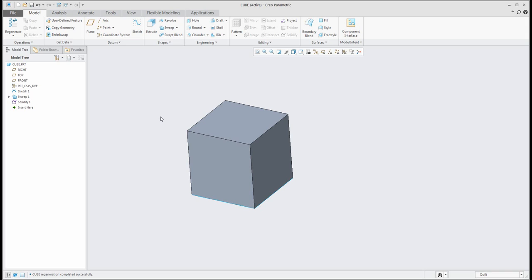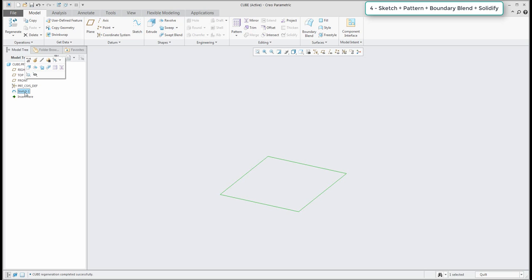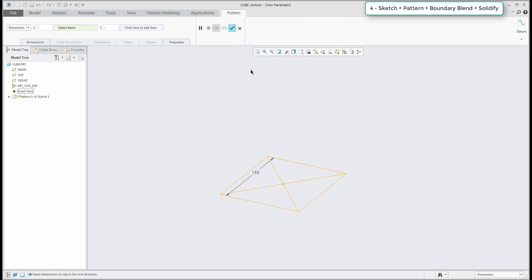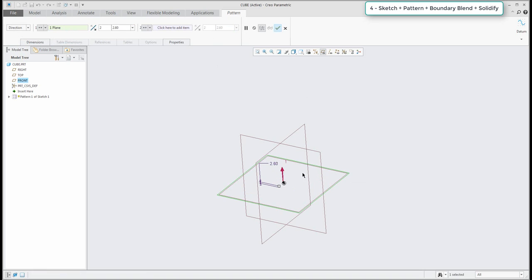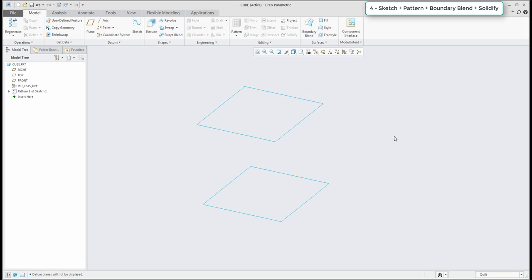So let's continue, and we would like to create 2 sketches. So I will delete that one, this profile, and I would like to make a pattern of the existing sketch. Where we would like to pattern, we would like to go up or down. So I can use the direction pattern, select the references and set some value. Good. So if you imagine, right now we have 2 sketches, and what we can do, we can use and